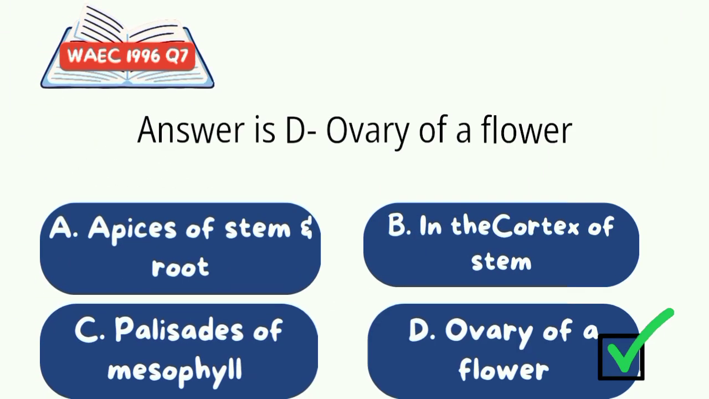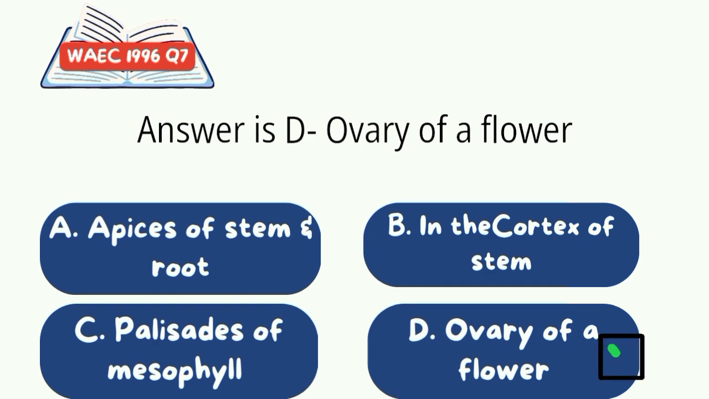The correct option is option D, ovary of flower. The ovary of flower is a sexual reproductive unit, so it undergoes meiosis. The apices of stem and root, the cortex of the stem, and the palisade of mesophyll are all body cells